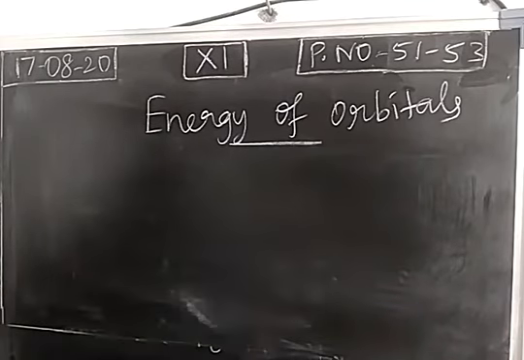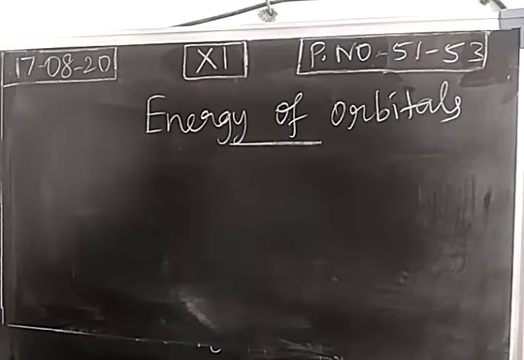So first we discussed the energy of orbitals in a shell, SPDF. So F orbital has more energy than the D orbital. D orbital has more energy than the P orbital. P orbital has more energy than the S orbital. That was discussed based on effective nuclear charge. Next one, orbitals of different orbits, different shells, is discussed based on what? Principal quantum number. So when principal quantum number increases, energy of orbital will be increased.